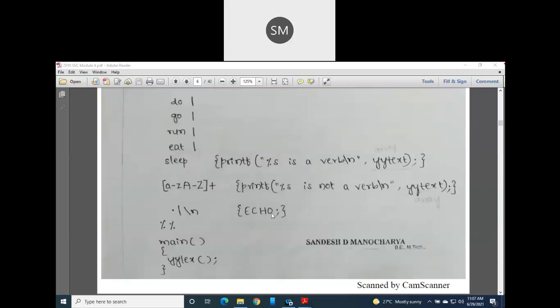So echo I have given here. Wherever the end of the sentence or end of the line comes, you can display it on your monitor screen. Then double percentage, what is it indicating? It is indicating the end of the rules section.